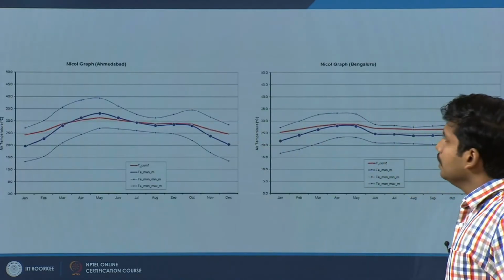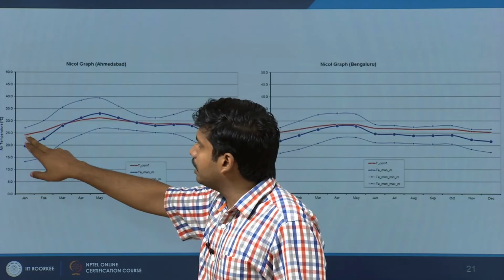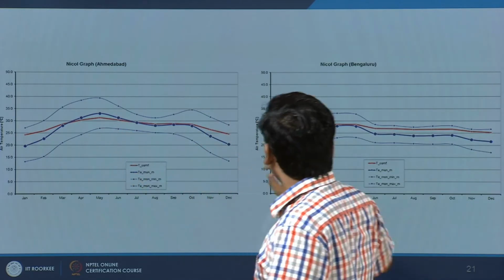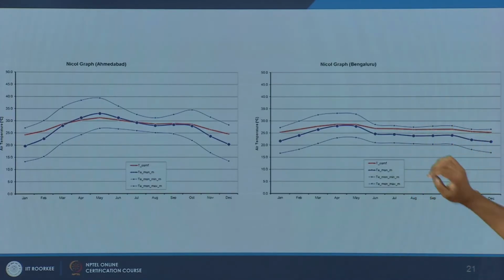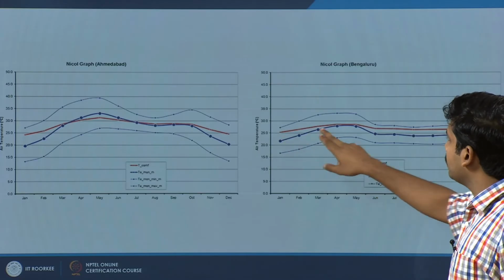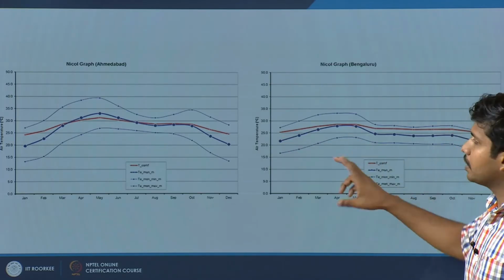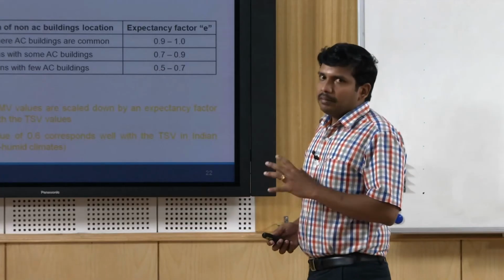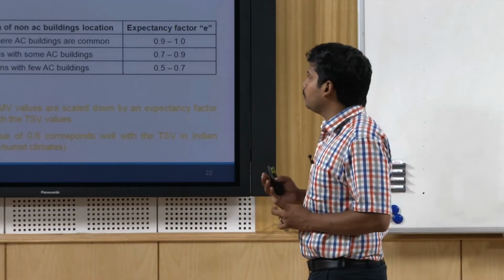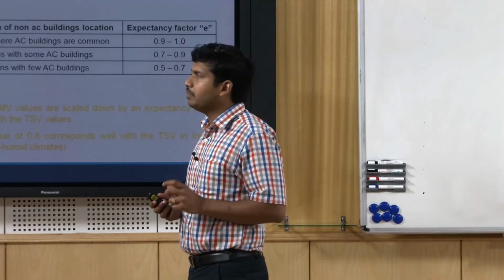So this is for Ahmedabad, where you find the comfort temperature varies from 24 degrees and can go as high as 31 degrees during summer, whereas if you take a city like Bangalore, the comfort temperature is close to 25 degrees during winter and can go up to around 28 degrees during summer. There is not much of a difference. Keeping this in mind, Fanger revised his comfort model, or rather proposed an add-on to his own comfort model, the PMV PPD model.